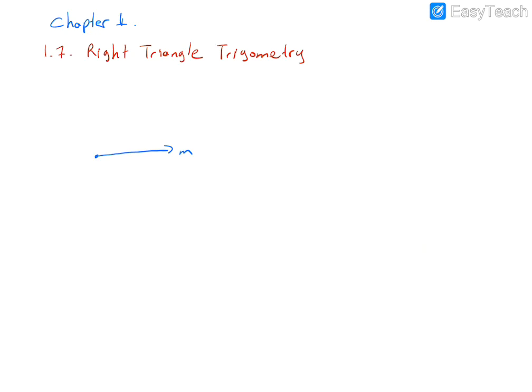which is called the initial side of the angle, around its endpoint. The endpoint is that point. Let's show that. Around its endpoint until the ray coincides with a ray N. That ray is called the terminal side of the angle. So this is the ray N. This is the initial side, that is the terminal side.